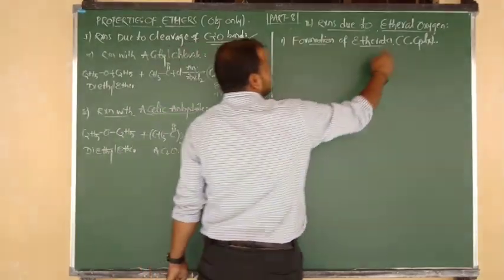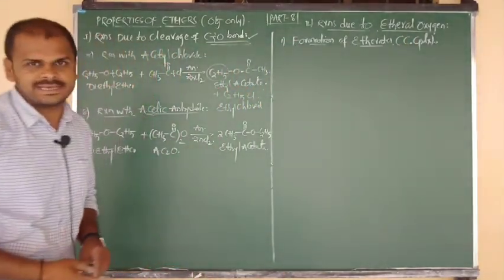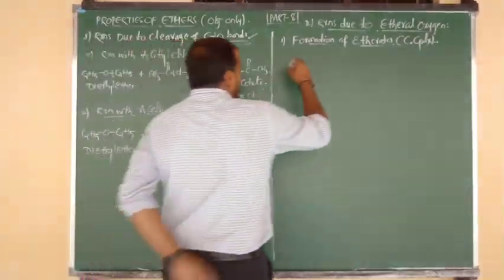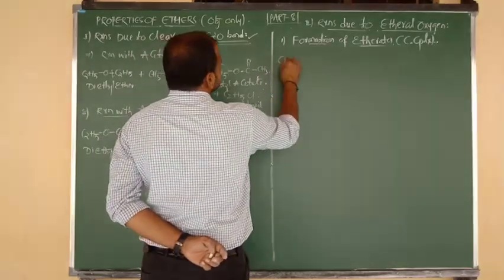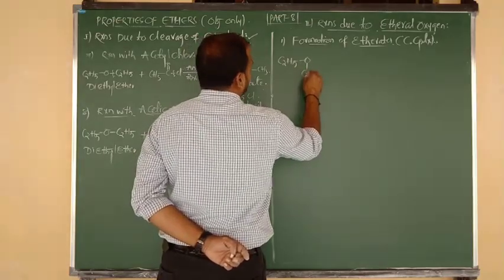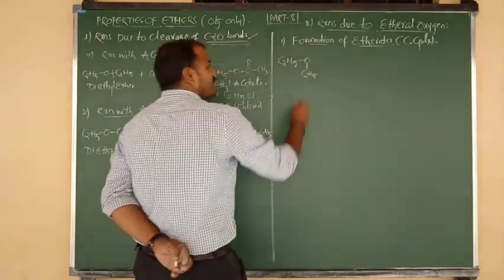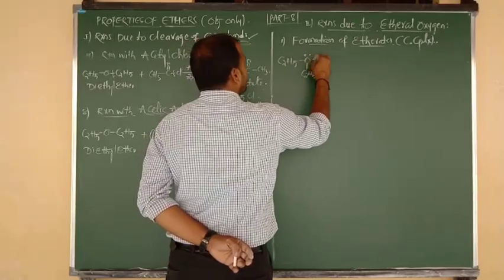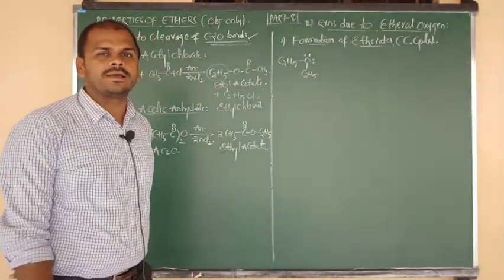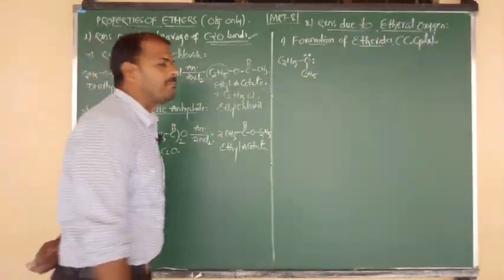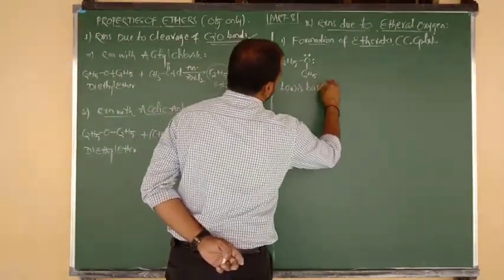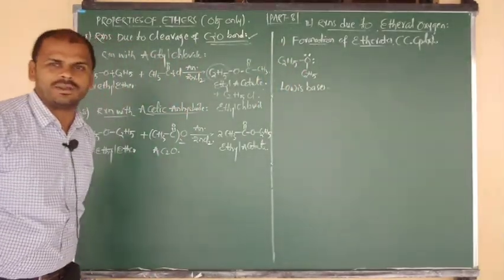So how are ethers responsible for the formation of coordination complexes? Such compounds are known as etherates. Directly, I am going to show you an example. The best example is diethyl ether, C2H5 bonded to O, again O bonded to C2H5. Here oxygen contains how many lone pairs? Two lone pairs. Due to the presence of two lone pairs, ethers have a lone pair donating nature. Such a tendency makes them Lewis bases, that is, lone pair donors.